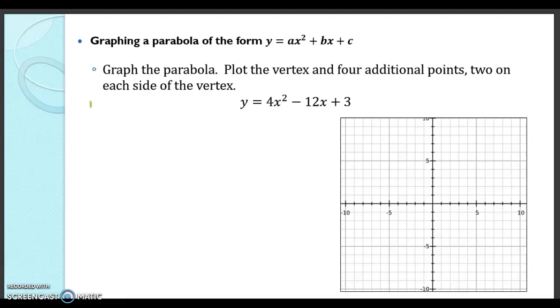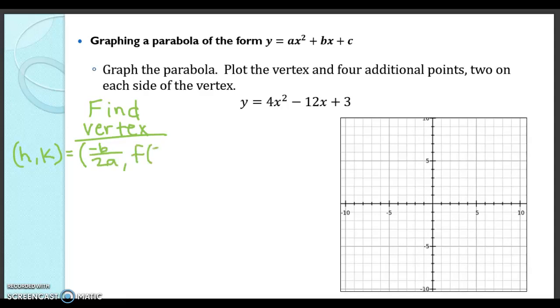But to find the vertex, if we don't want to complete the square, if you want to learn about completing the square and putting it in vertex form, you can go back and check other videos. But we can find h, k, or the coordinates of our vertex, by taking negative b over 2a and then finding our function output at that same x value. So h equals negative b over 2a,